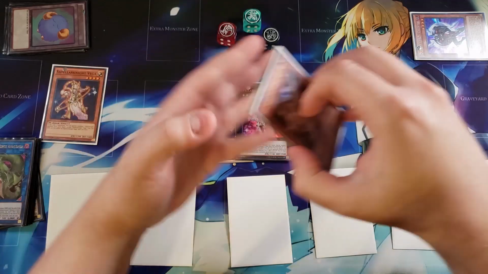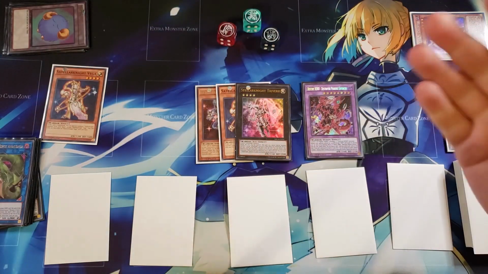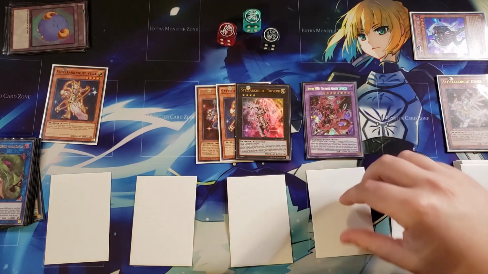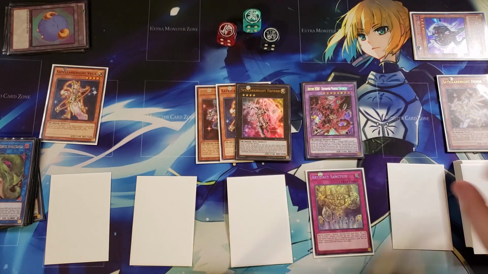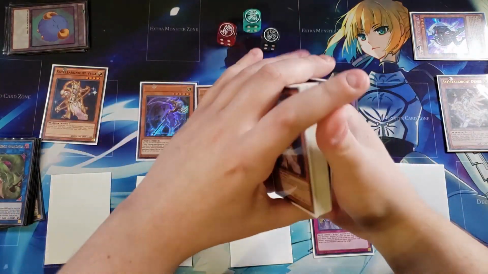them go. And when they go, we do get the copy of Destroyer Phoenix Enforcer back on our field, which is really, really good that now you have both of these on the field, and you have the copy of Artifact Sanctum to be able to activate to summon out Scythe to lock them down from the extra deck for the rest of the